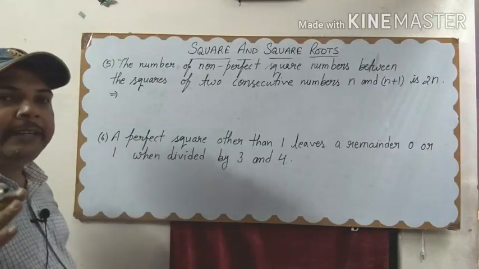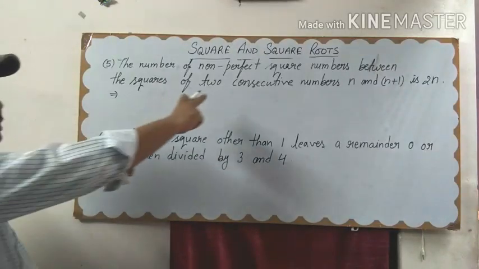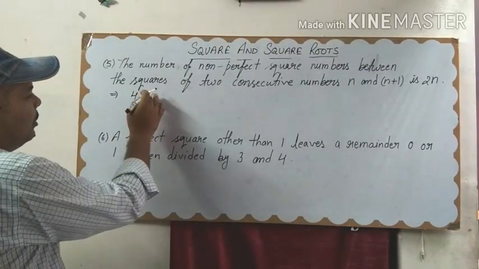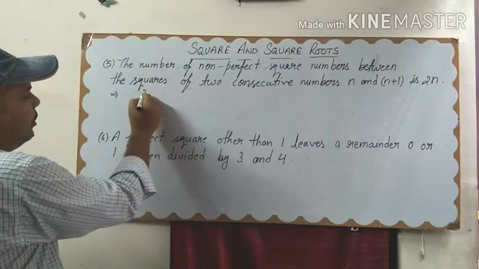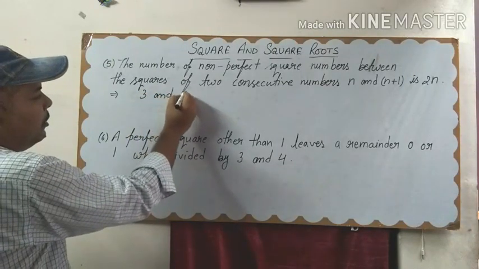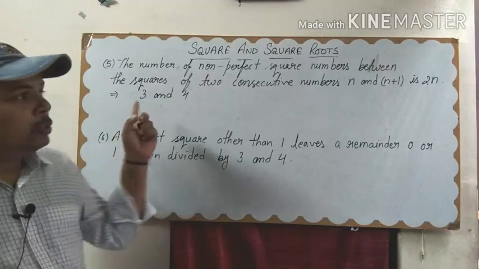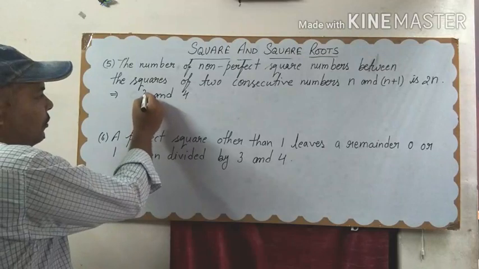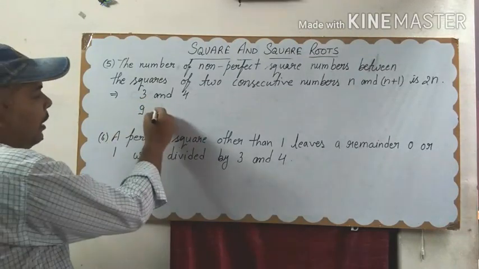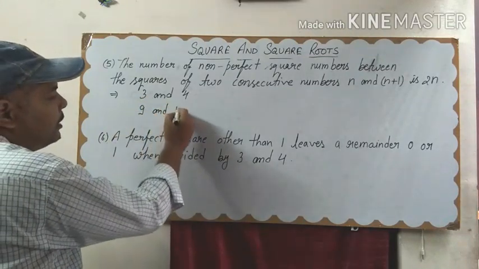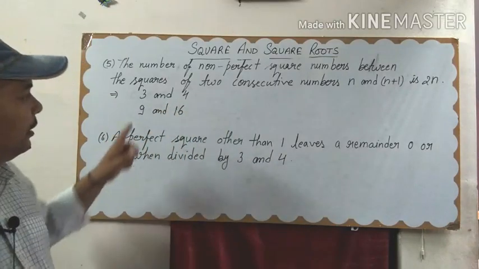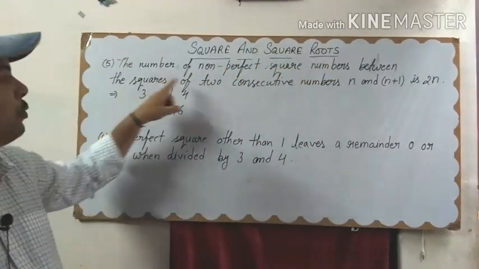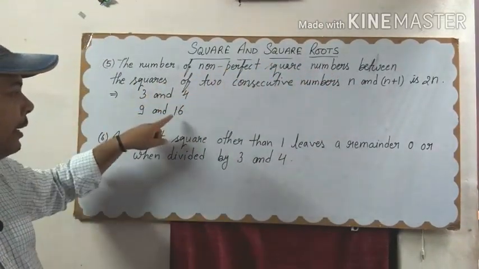Suppose we are taking two consecutive numbers, 3 and 4. If we do the square of these two numbers, the square of 3 is 9 and the square of 4 is 16. Then the number of non-perfect square numbers between the squares of two consecutive numbers, means we squared them and got 9